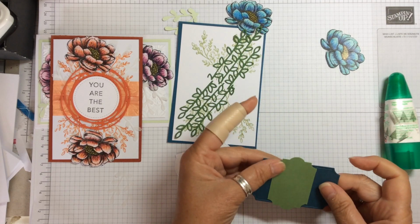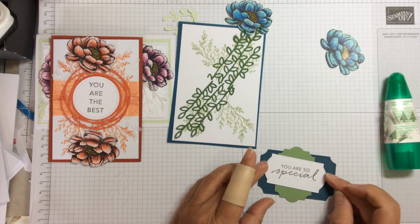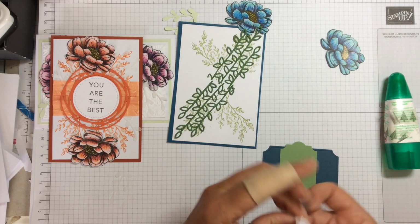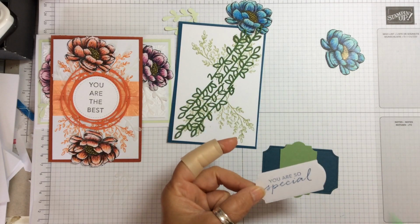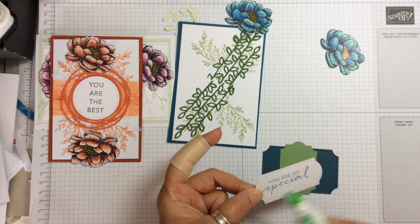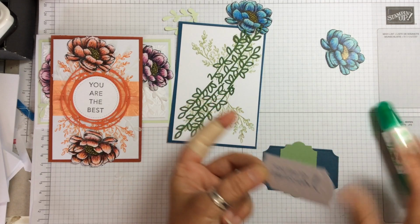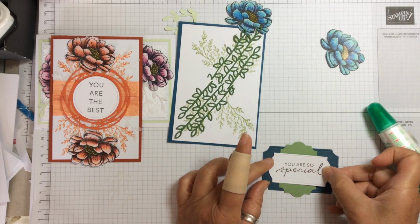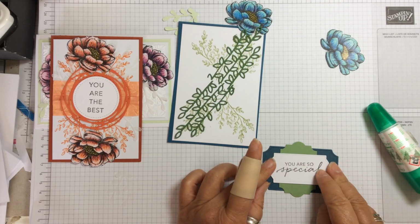Okay, so that's going to go in that direction, and then we'll have this one in that direction on top. So that can go in, and I'm doing these in black. I did try it in the coordinating colour, but I didn't like it. So you always have two sides to a piece of paper, so you can use it. So let's put this one in on top like that. Get that one to go in